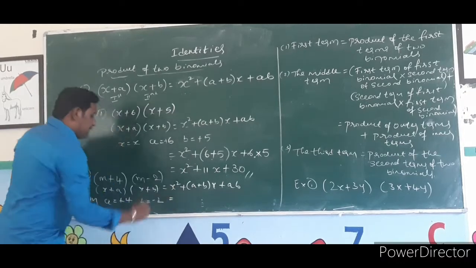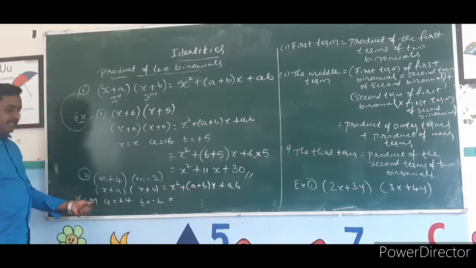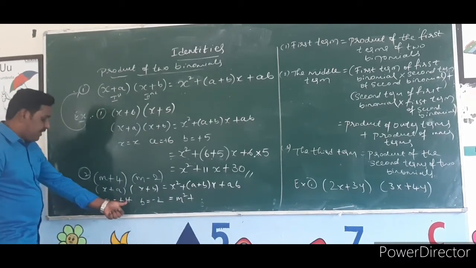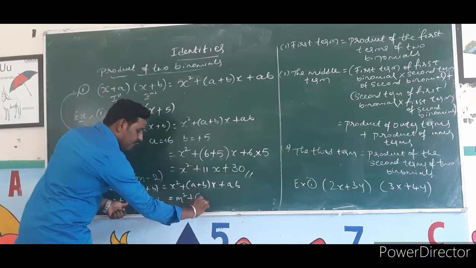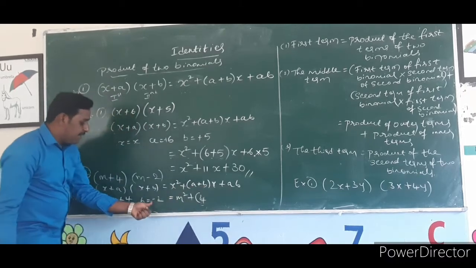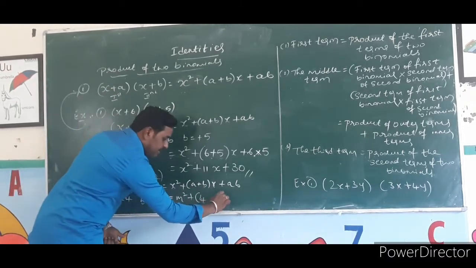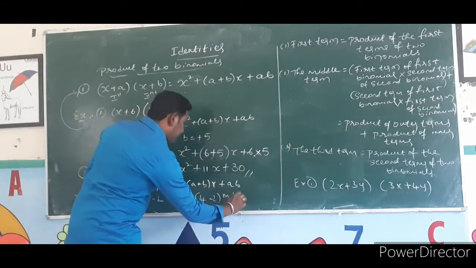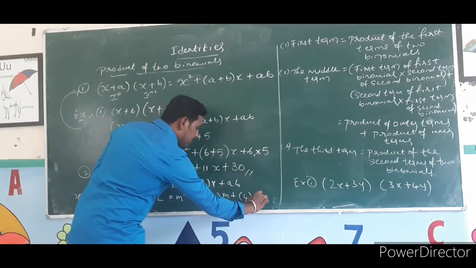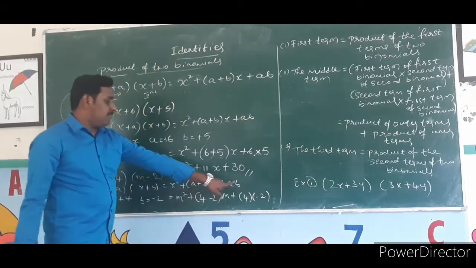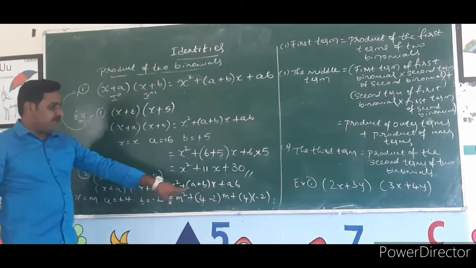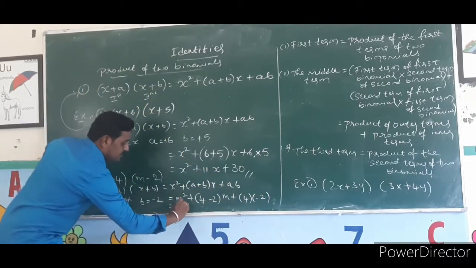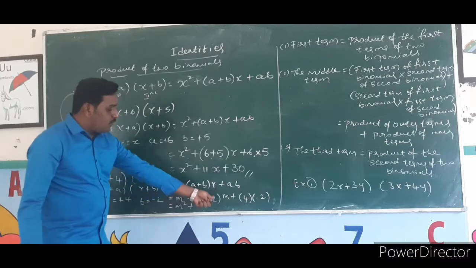So here, in the place of x, what is there? m. That is m square plus. In the place of a, what is there? 4. In the place of b, minus 2 is there. In the place of x, m. Plus 4 into minus 2, because in the place of b, minus 2 is there. That's why I am writing it separately in the bracket. So that is m square plus, 4 into 2 will go, means